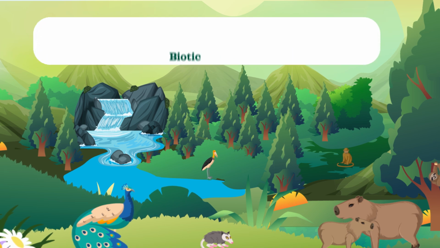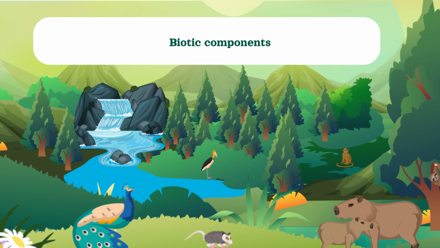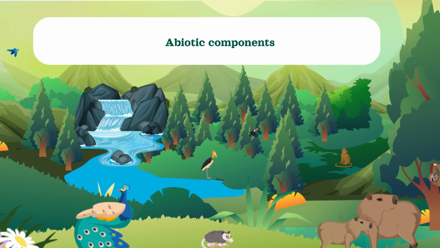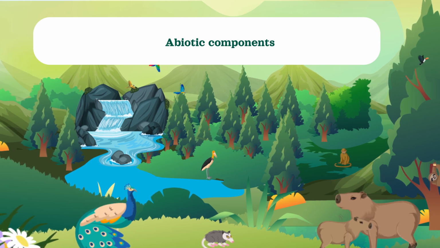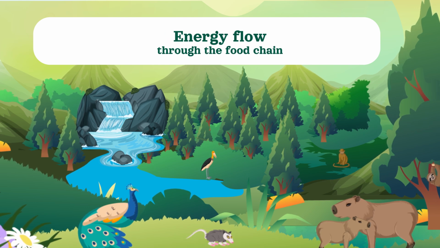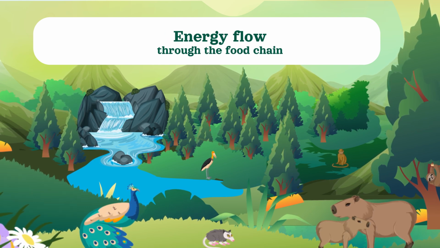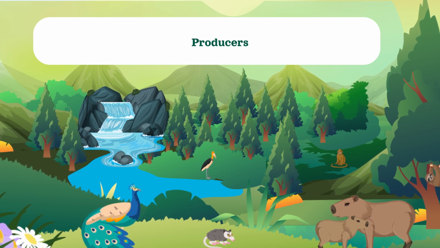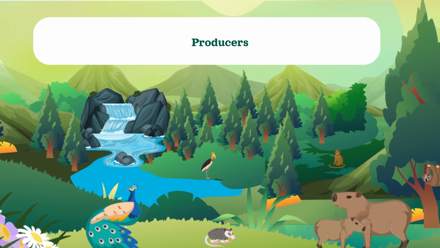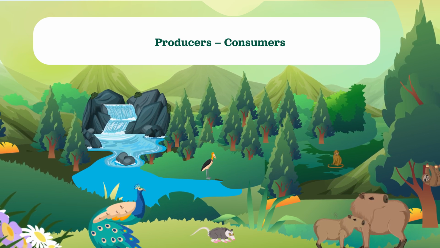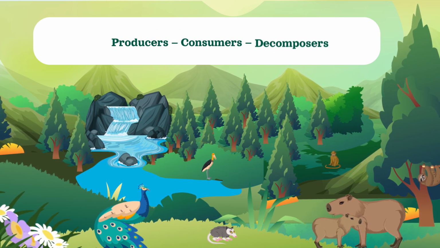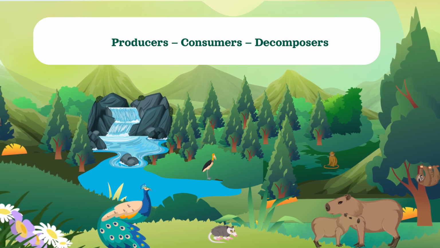An ecosystem consists of biotic components like plants, animals, and microorganisms, and abiotic components such as water, soil, and climate. Each component plays a critical role in maintaining the balance of the ecosystem. Energy flow. Energy flows through an ecosystem in a sequence known as the food chain. Producers, such as plants, convert solar energy into food through photosynthesis. Consumers, like herbivores and carnivores, obtain energy by eating other organisms, while decomposers break down dead matter, returning nutrients to